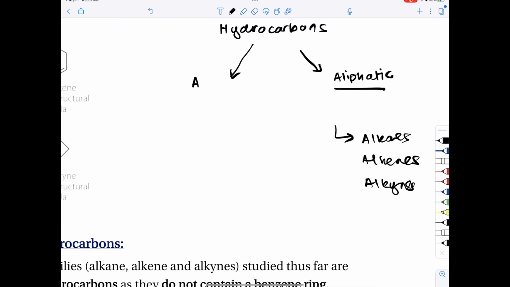There are also another group of hydrocarbons called aromatic hydrocarbons. And the reason they're called aromatic is because, quite simply put, they all have an aroma. And the reason they have an aroma is because of a very specific and important functional group. Now, you'll see this functional group a couple of times, but this is just to highlight to you how important it is in organic chemistry that we literally created a divide in hydrocarbons as to whether they have this functional group or not. And the functional group I'm talking about, everyone, is this ring consisting of